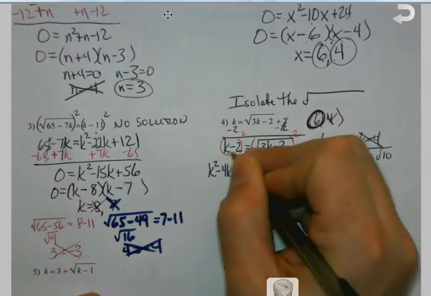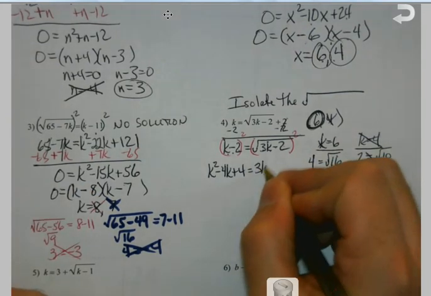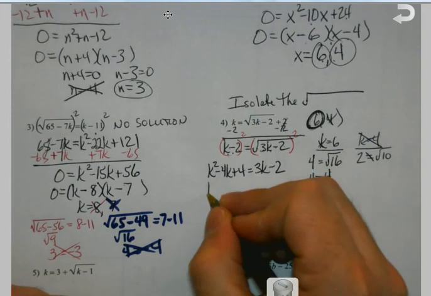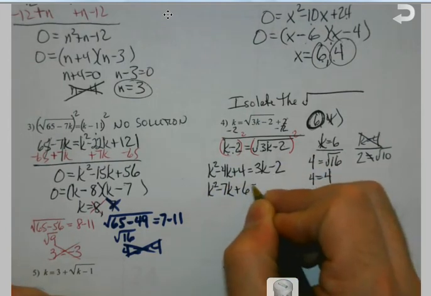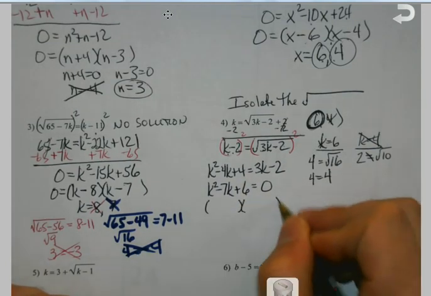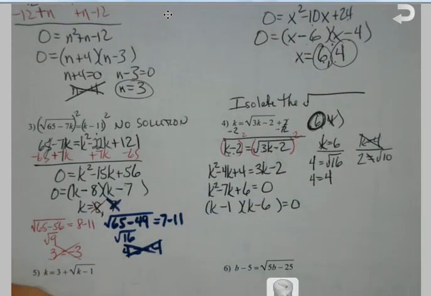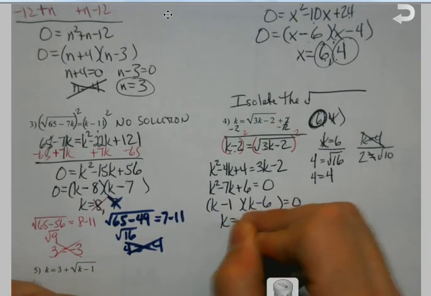And again, I'm foiling this side out. I'm just kind of helping out with some time purposes here. But it's like when we foiled it out over in number 3. The other side, I just lose the radical. And then again, I'm going to subtract the 3k over. I'm going to add the 2. And again, I could factor this out. Negative 6 times negative 1 is positive 6, but they add to negative 7. And like we've seen before,